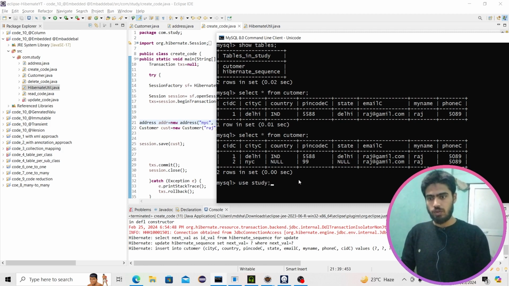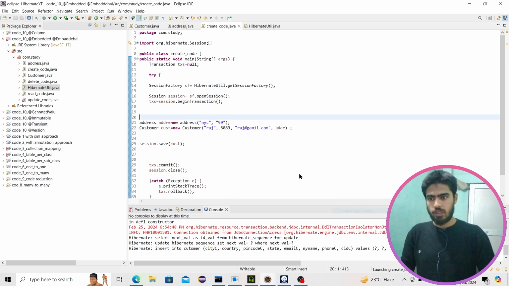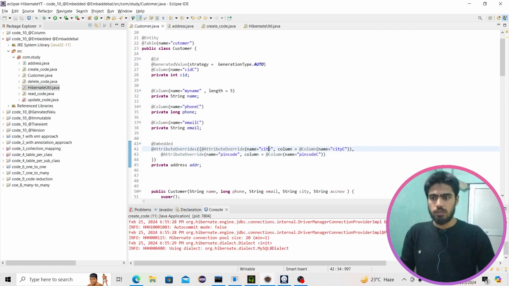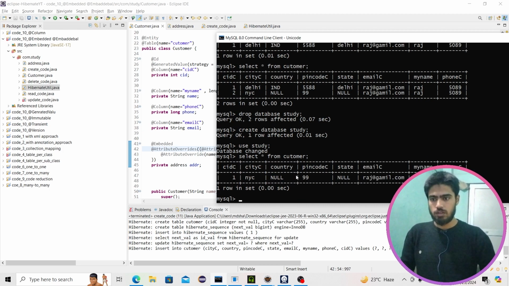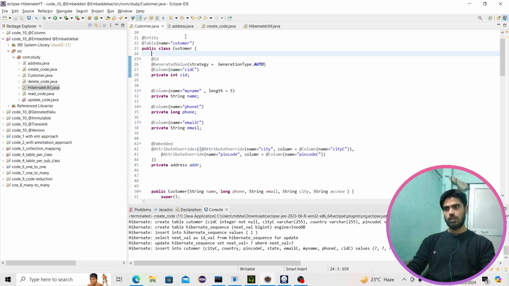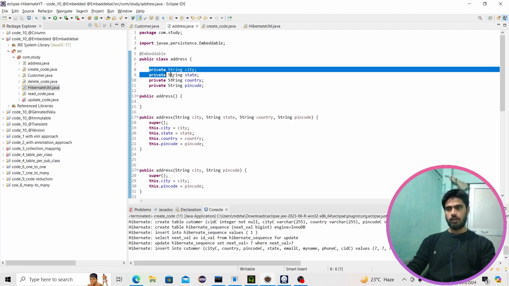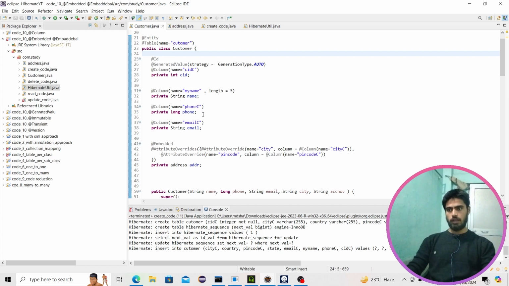So what you can do, you can drop the table again and use the table. Let's see this time. There will be only city and pin code column generated from the address side. So this is not happening. Everything is getting generated. So what did you get from that? When we are using embeddable and embedded, then what is happening? Every property of this class address is going to get embedded in the table of customer,